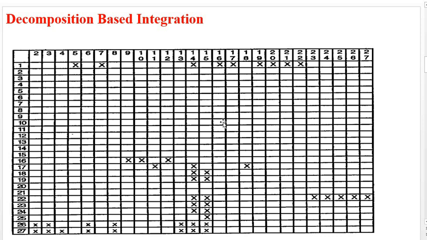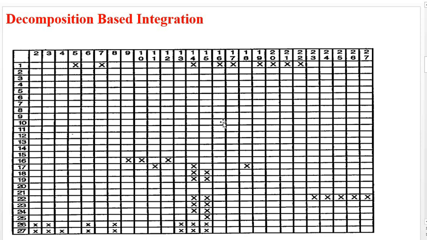As we saw in the previous slide, the table consists of 27 functionalities. So here we consider 27 rows and 27 columns corresponding to the previous functions of the SATM system. The X is marked on the basis of which functions are called in order to do a particular activity.